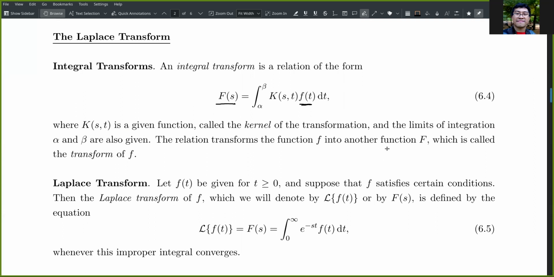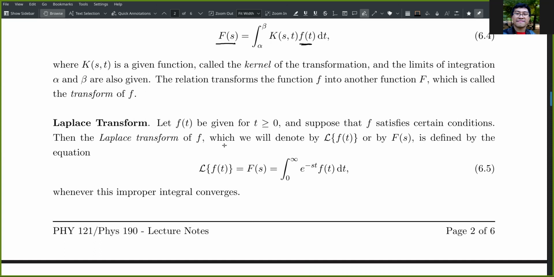So F is called the transform of f using this integral and this function, the kernel function. We can transform f to F(s). One example is the Laplace transform. If you have f(t) given for t greater than or equal to 0, suppose f satisfies certain conditions, then